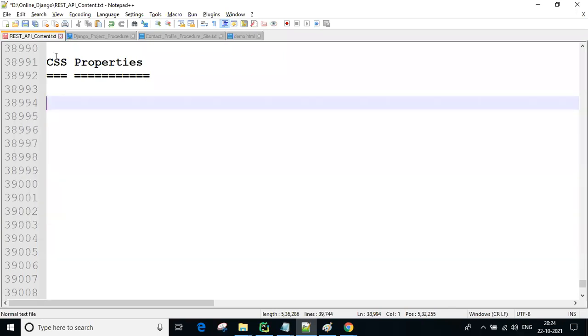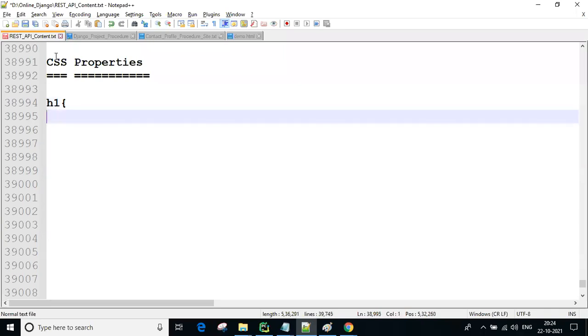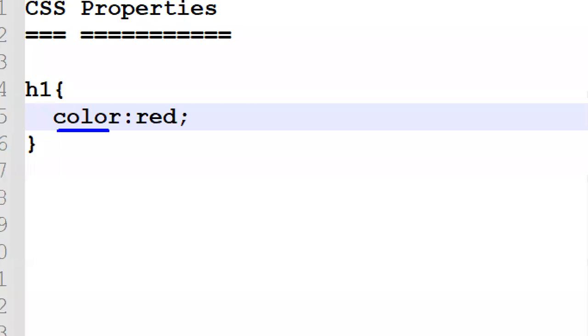Any one selector, for example, you can take h1. Here, color colon red. So color is called the CSS property name, and red is called the property value. Property name colon, property value semicolon.